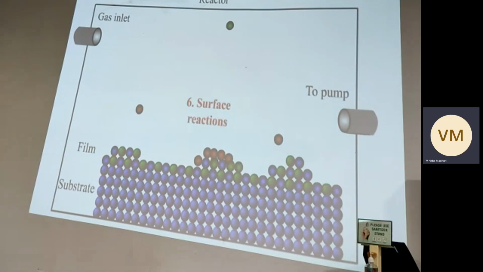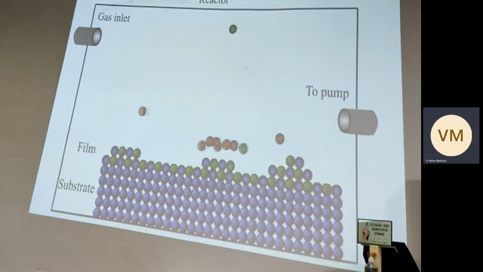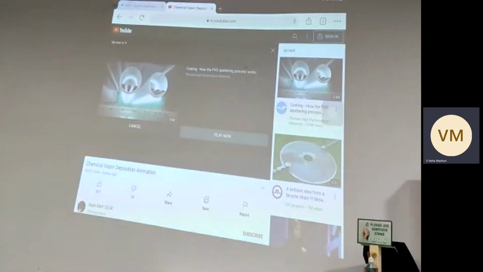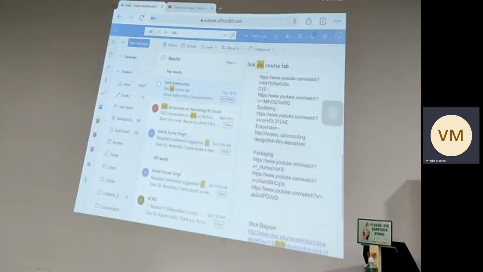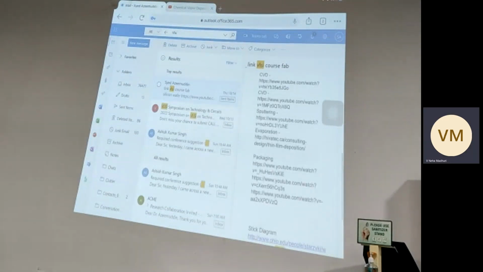This is like we are releasing chemical vapors, and in the presence of pressure and temperature, reactions are happening. What we want is getting deposited. What we don't want is getting evacuated from that pump. So you got a picture, na? Everything. Let's go towards packaging. So packaging is